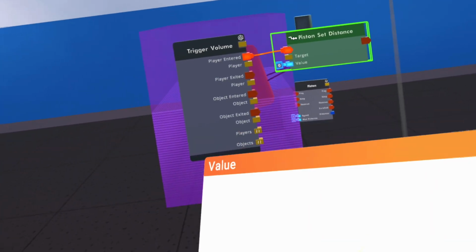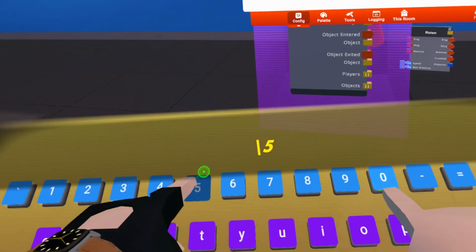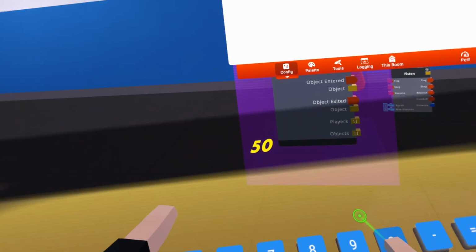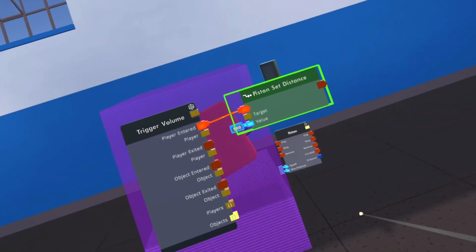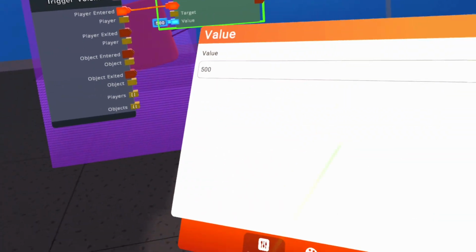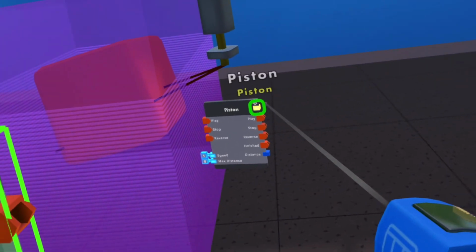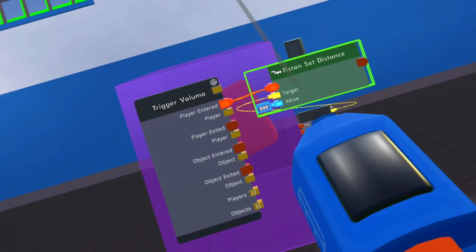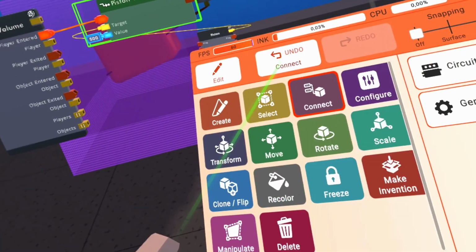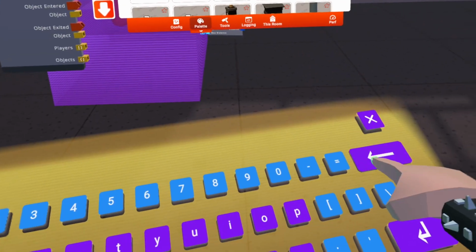And make it a very high value, like 500 or something like that. 100 is also okay, but just so it will move the whole thing out of the scene, basically. Connect this to your piston here. Here we go. So this will move the whole thing out of the scene, and then you will